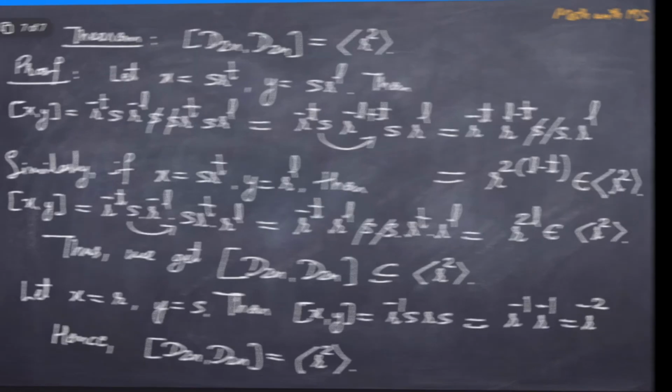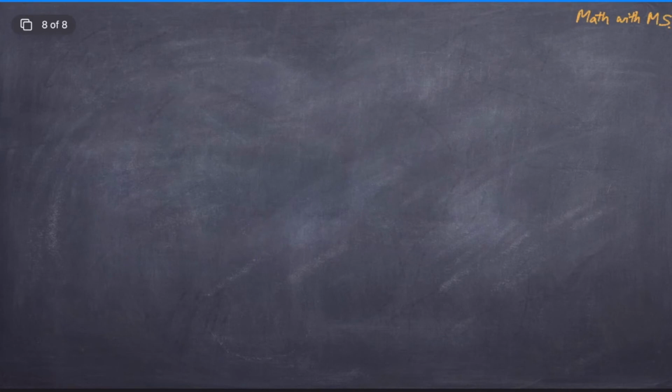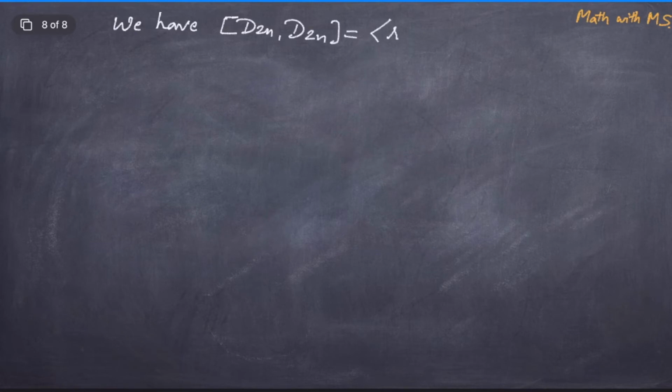Very nice description. Having computed the commutator subgroup of the dihedral group, let us analyze the abelianization of the dihedral group. We now have that the commutator subgroup of D2n is the cyclic subgroup generated by R square. So, abelianization will again depend on the parity of n. So, if n is even, then